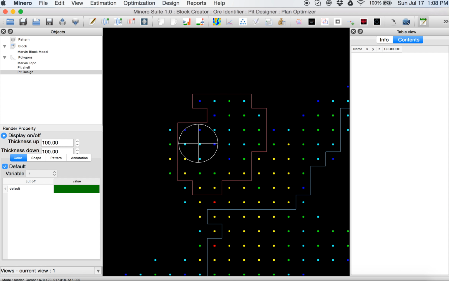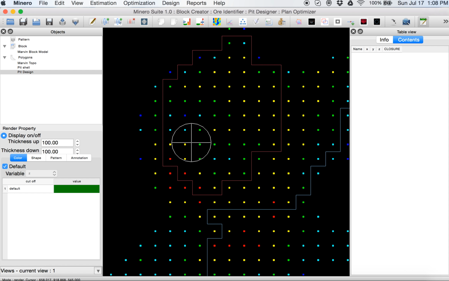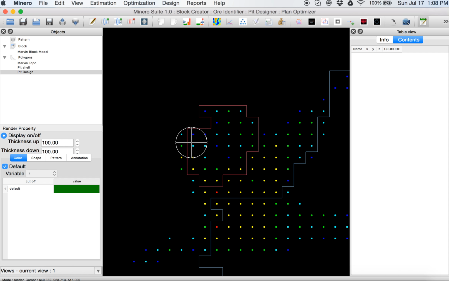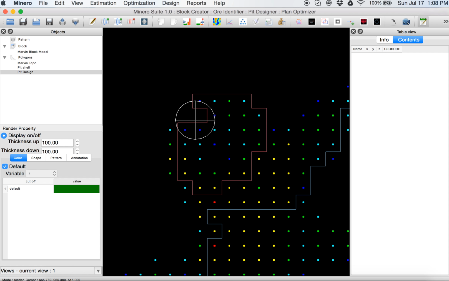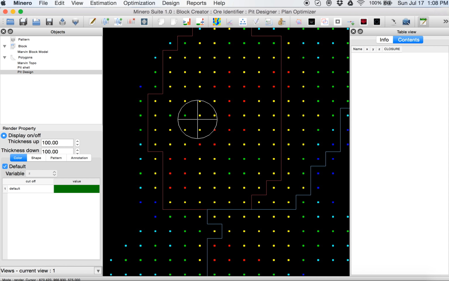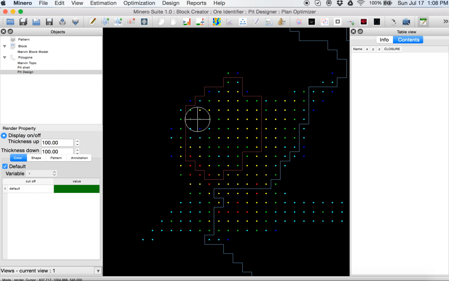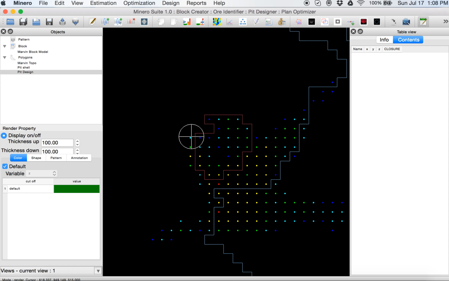My cursor is 40, so it's operational. So I'll try to create a pit in here. Probably this, let's see how it goes up. So it's going to go up to the north. It's going to grow more. So it's important to understand how it's going to grow. That also makes me think about how I can create my design.